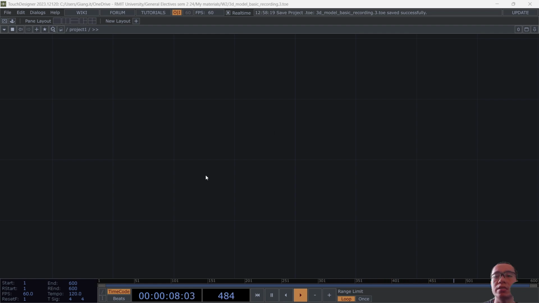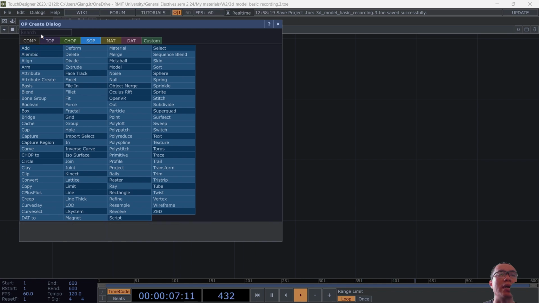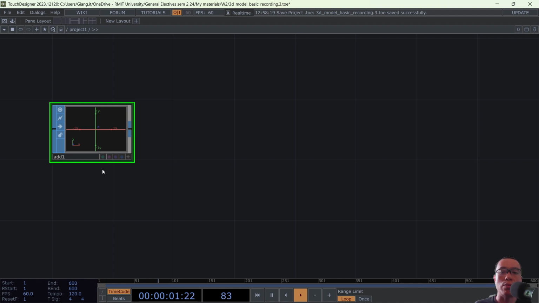flower vase, and to be able to do that we're going to make use of the SOP, or surface operator, in TouchDesigner. The surface operator is available in the tab menu. So press Tab and press on SOP over here, and you'll be able to find it. We're going to start with an Add SOP over here. Now the Add SOP is a very interesting surface operator, because basically